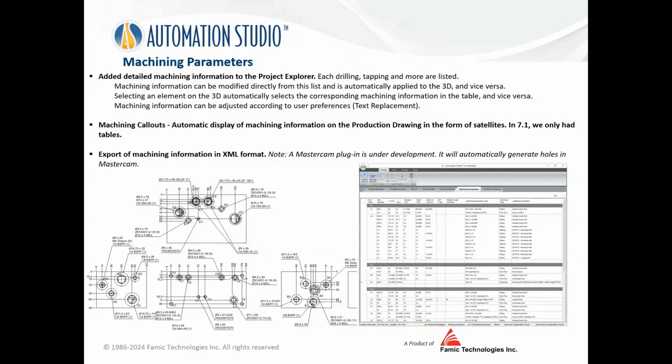To begin with, we'll be going over the machining parameters. If we take a look at what's been added in these images below, you can see on the left, we have our production drawing, and we have callouts that display the machining information for the different holes. We also have on the right image the machining parameters displayed in a table. For each face of the block, you will have different holes. So A1, A2, for example, in that image, represent the holes on the top face,